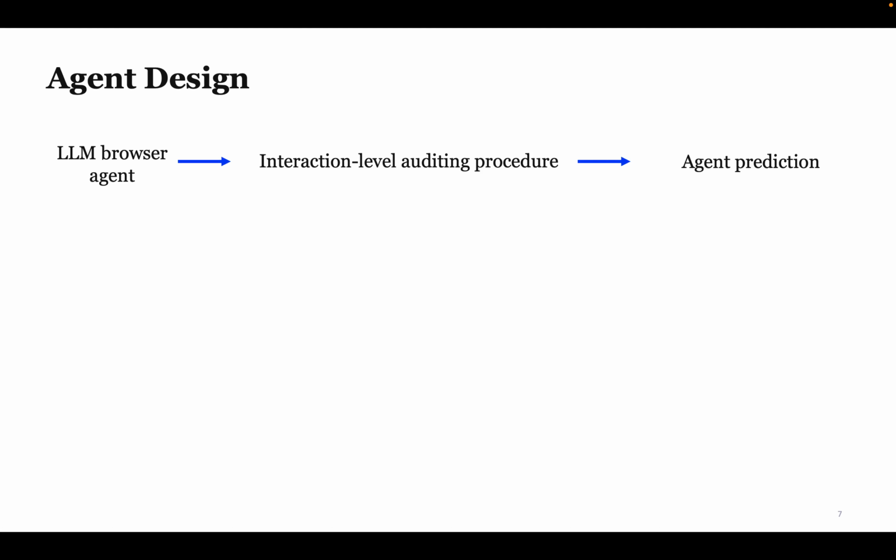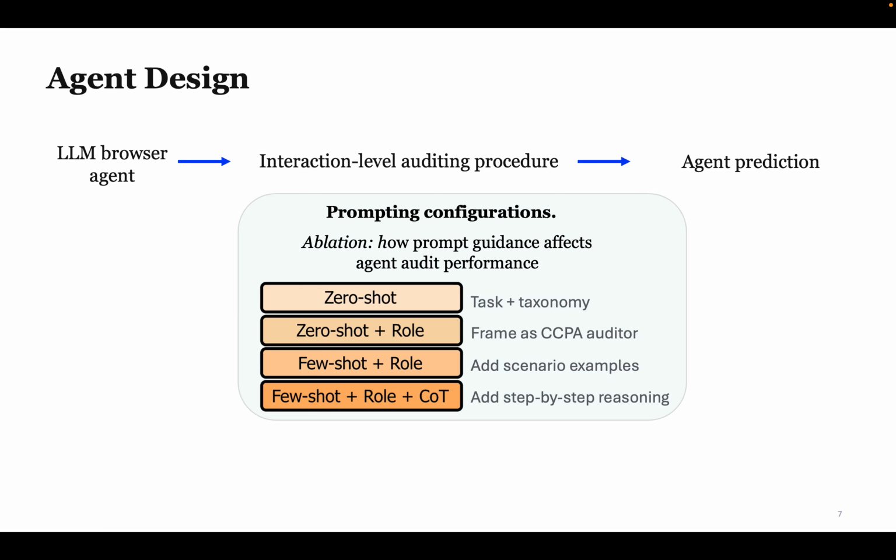Here, I'm zooming in on the agent side design. The agent is implemented with the browser agent Browser Use, and we use GPT-5 as the underlying model. To make the agent perform interaction-level auditing, we prompt it with the audit task and the dark pattern taxonomy. To know how prompt guidance affects audit performance, we then conduct